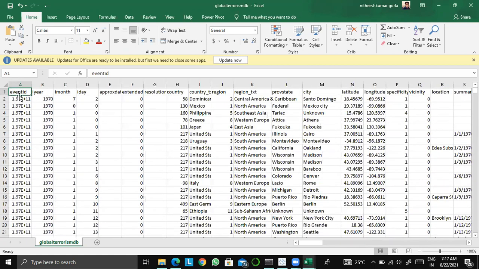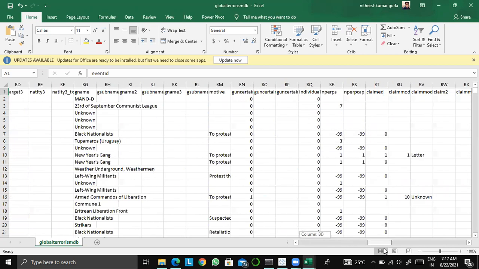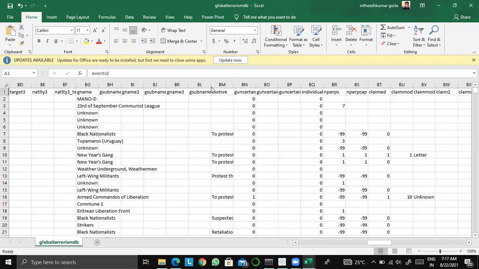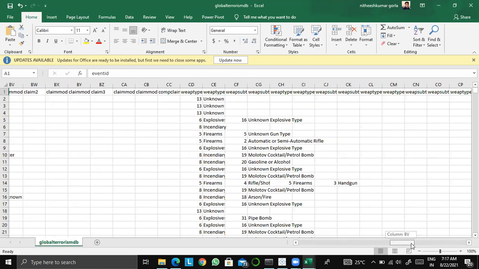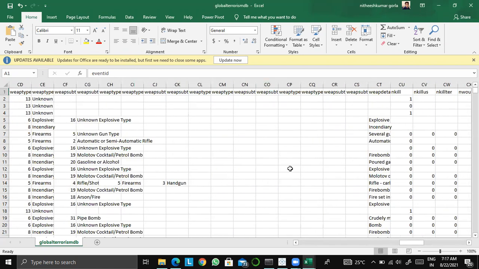As you can see, there are columns like event ID, year, month, day, region, country, city, latitude, and longitude. As you can see here, most of the columns have null values.